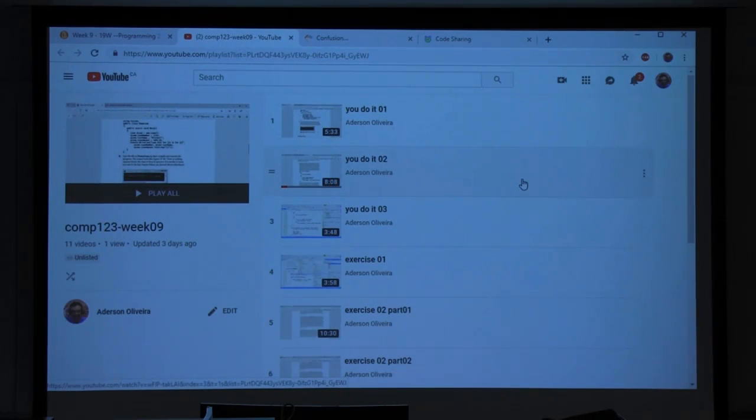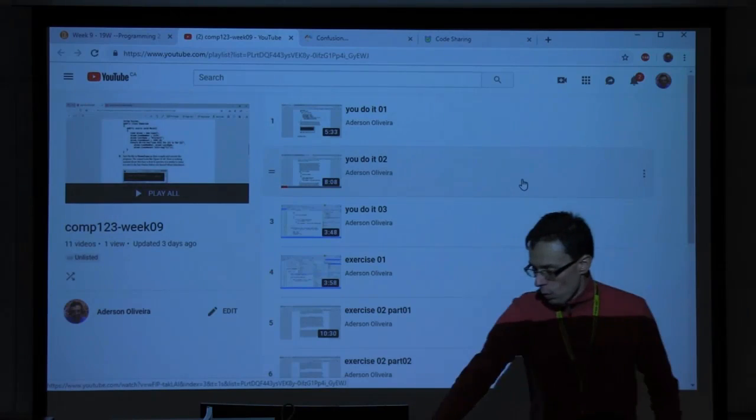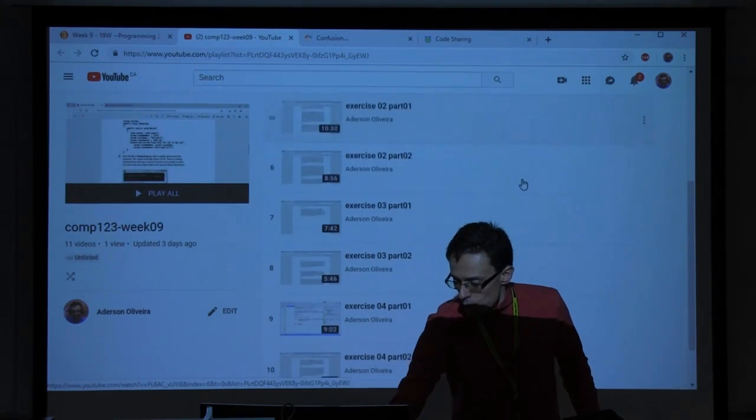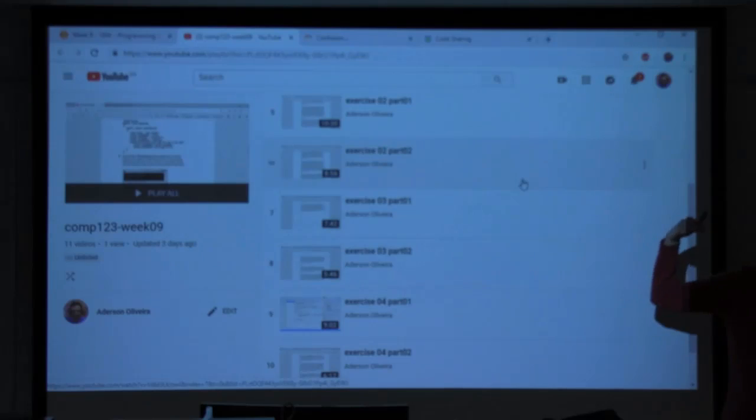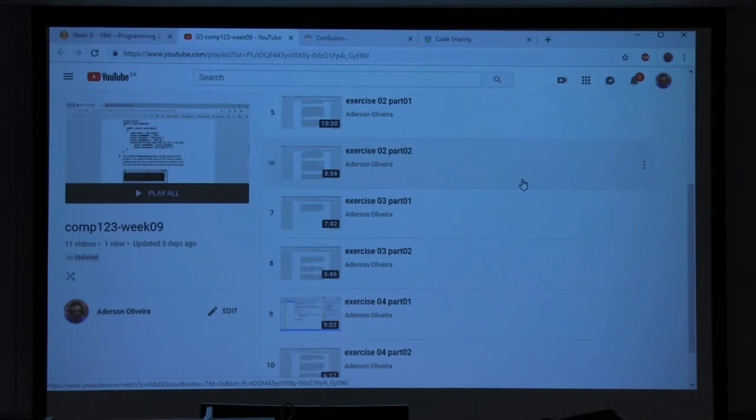Each one. So you do exercise 1, part 1, 2, 3. Exercise 1 just has one part. Then we have exercise 2, 3, and 4. So again, I went code by code and I made my comments there. All the explanation is there. If you want to try to do it yourself, you can, and then you can compare with the code solutions and with the videos as well, because the videos, again, will explain why this was done, not that.